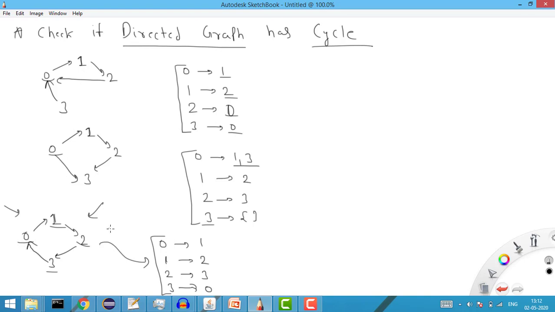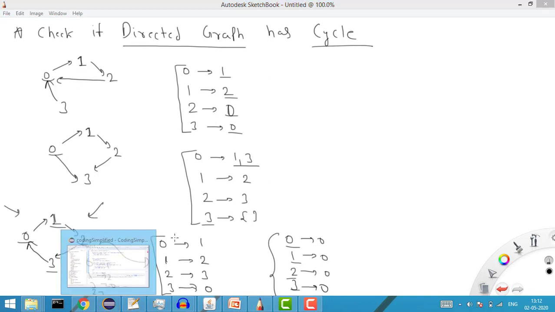Whenever I am adding any edge, at first for all the indexes I'll set the incoming degree as 0. This is 0, this is 0, this is 0, this is 0. Now whenever I am adding any edge, I will increase the incoming degree for that child. So I will take a hash map where the key will be the index and the value will be the incoming degree for that particular node. In this case I have 4 edges: one from 0 to 1, another from 1 to 2, another from 3 to 0, and then an edge from 2 to 3.